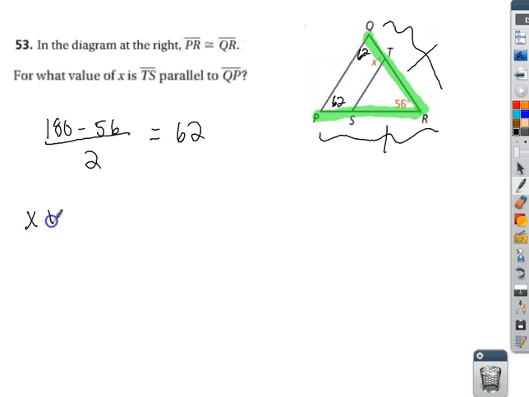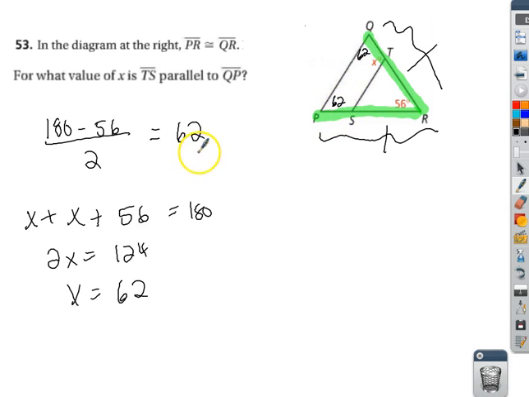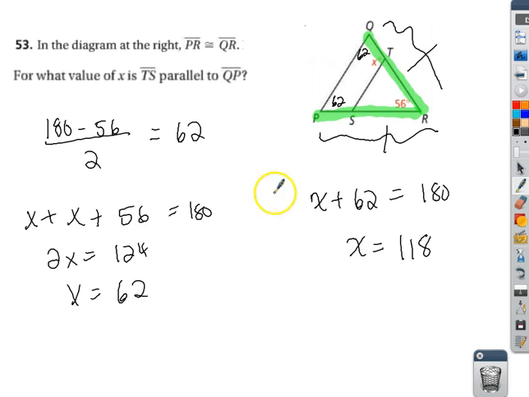I mean, I guess I could have done x plus x plus 56 equals 180. And that gives you 2x is equal to 124 and x is equal to 62. So if those both were the same, there you have it. So now, if this is 62 and these two lines are parallel, what do you know about x and 62? They're supplementary. So x plus 62 has to equal 180. So therefore, x needs to equal 118. Everybody okay with that? So these are what I would call